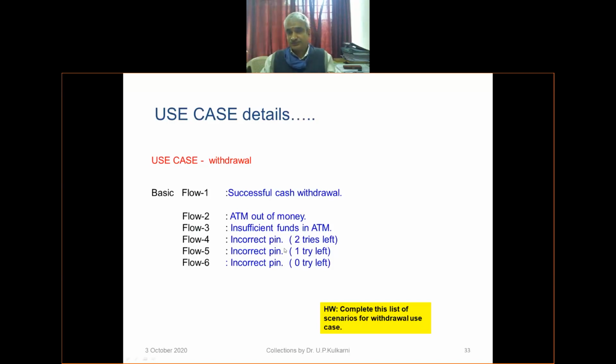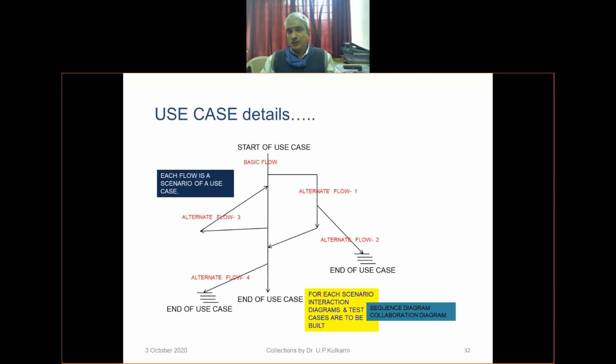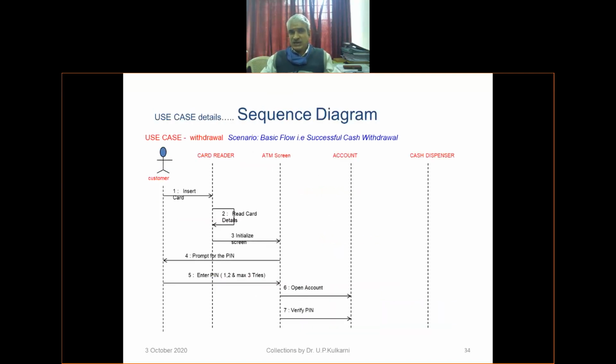Remember, how do we build a test case? That is the next topic. I think that we will take it separately. How do we use the use cases in designing the test case? That is the topic of tomorrow. And we use another thing called sequence diagram.